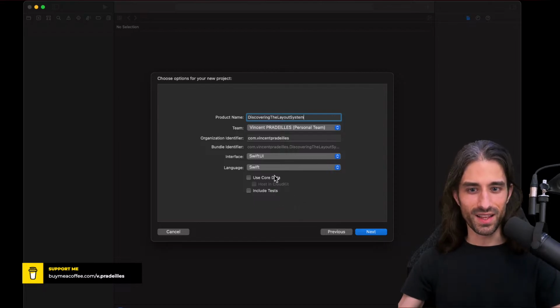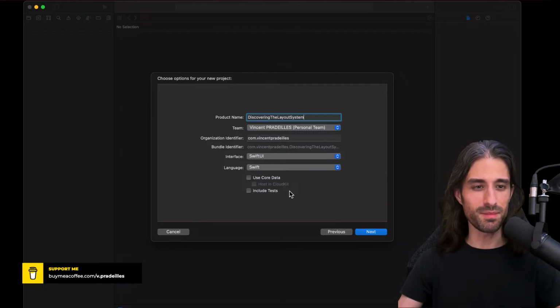Okay. So for the interface, make sure you select SwiftUI. You don't have a choice for the language, it's Swift. By the way, we've seen last time why Swift's features are so intertwined with how SwiftUI works, and basically why SwiftUI wouldn't have been possible with a language like Objective-C. Finally, don't check use Core Data or include tests. We're not going to use that for now.